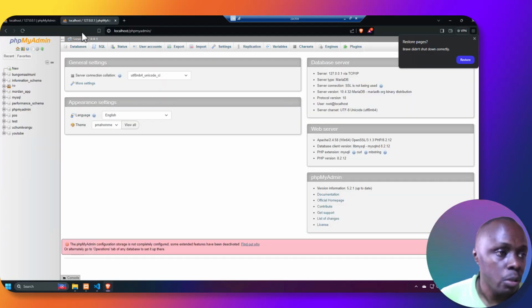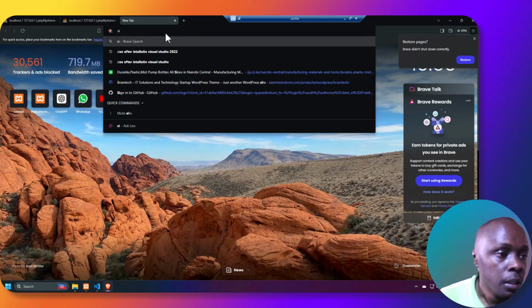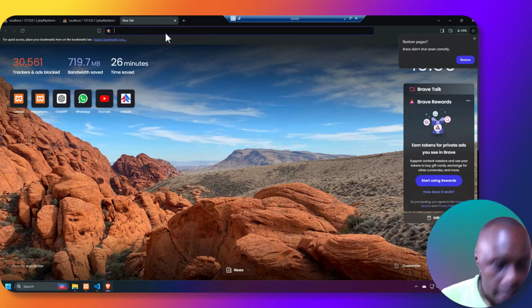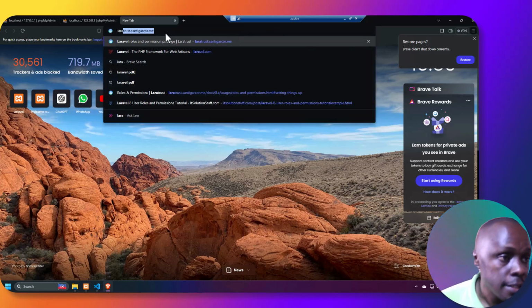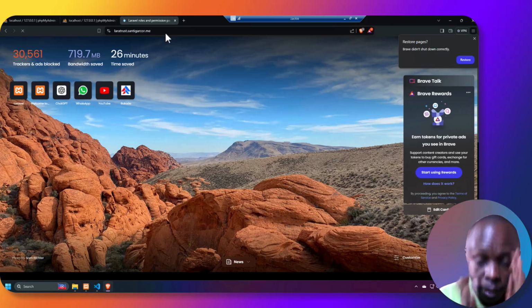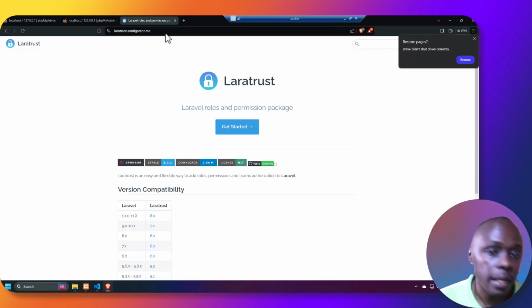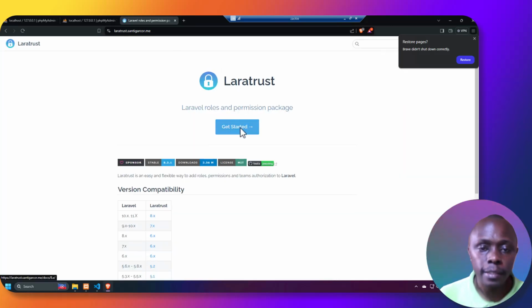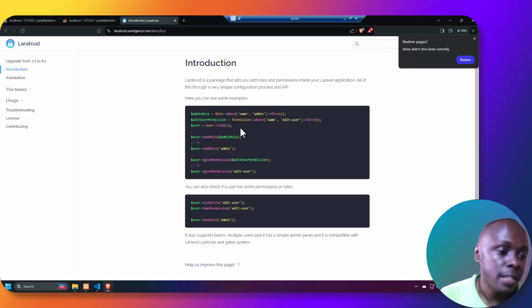Let me just take you through that. Laratrust, this one you can use. The reason why I love to use this package is because it is very unique in its way, and it is compatible